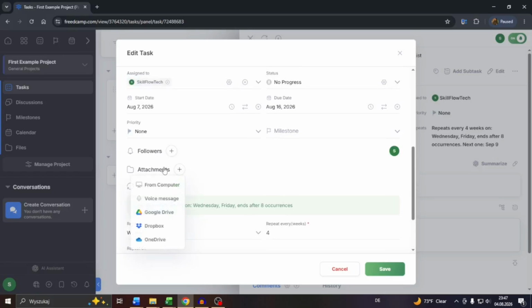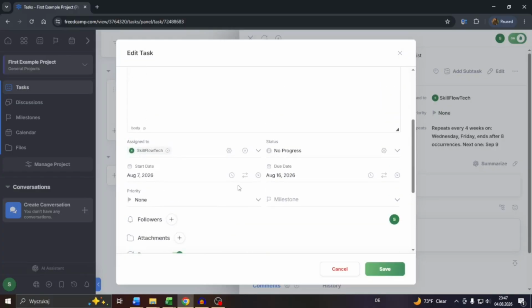Click into it and upload the file, for example, a PDF document like instructions, a JPEG or PNG file, an image, and so on and so forth. From one of the following sources: from your computer device, you can record a voice message for your coworkers, or upload an attachment from Google Drive, Dropbox, or OneDrive,